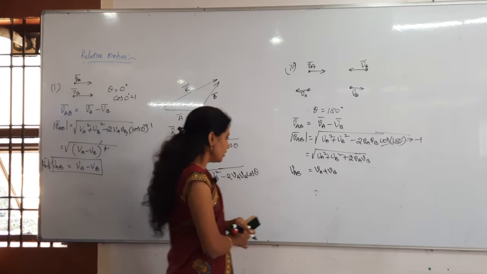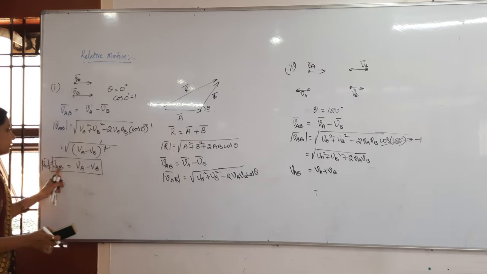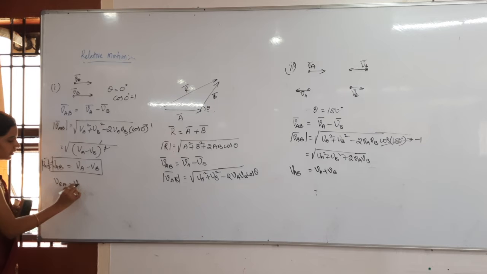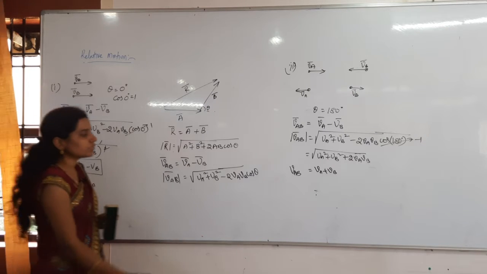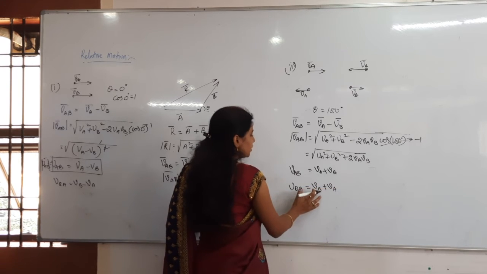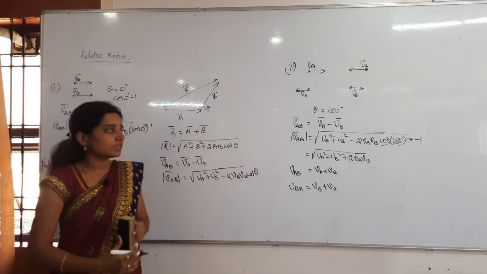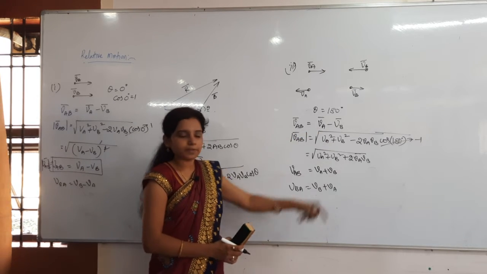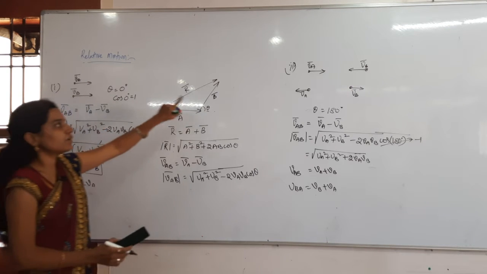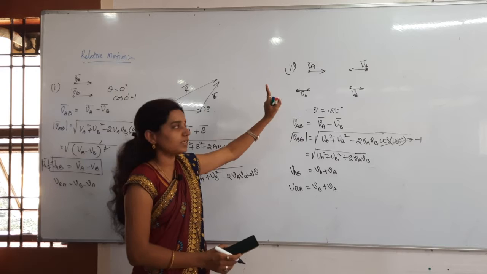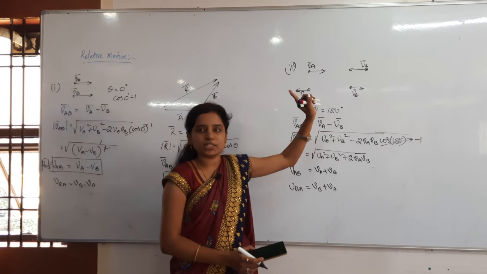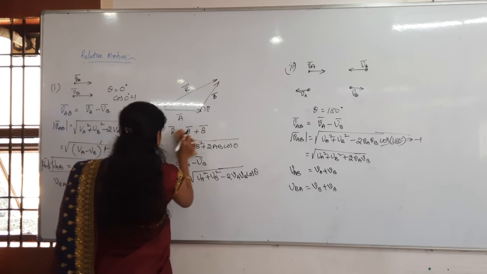Now tell me, the relative velocity of B with respect to A is what? VB minus VA, that's it, in the same-direction case. Here the relative velocity of B with respect to A is VB plus VA. Both are the same here because we have taken the magnitudes, but with vectors it will be different. Okay. So there are two cases: both bodies moving in the same direction, and both moving in opposite directions, approaching or receding. Okay, copy that.